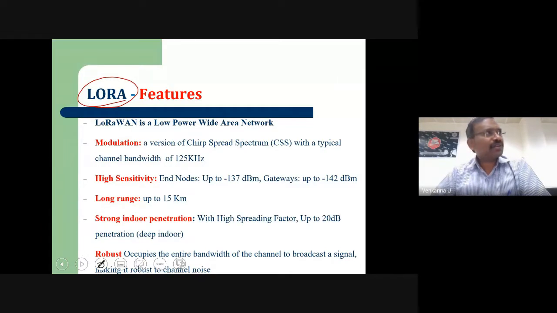Why is LoRa not so frequently used for IoT applications? Because everybody develops IoT prototypes at laboratory scale. When you develop an IoT prototype at laboratory scale, obviously it is short range and fixed distance. Most of them use normal Bluetooth, Zigbee, and Wi-Fi and so on.